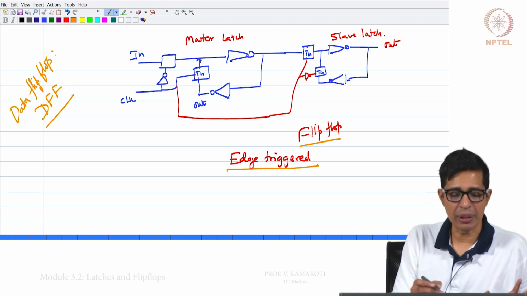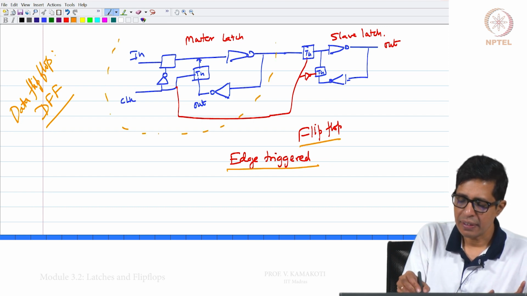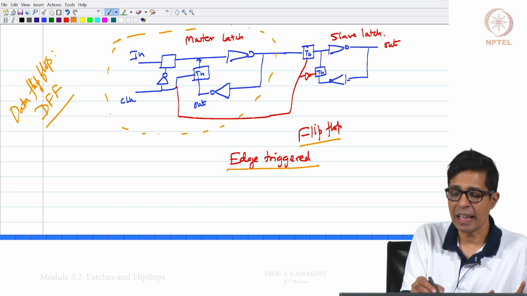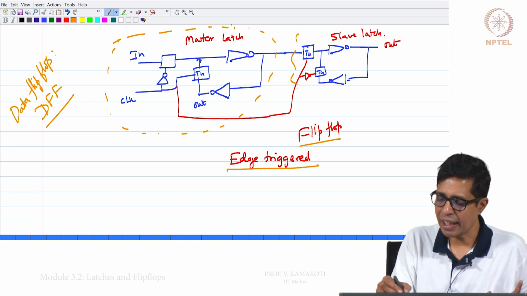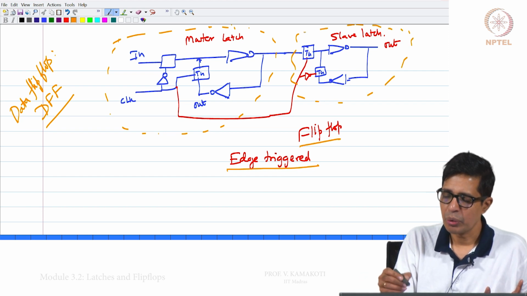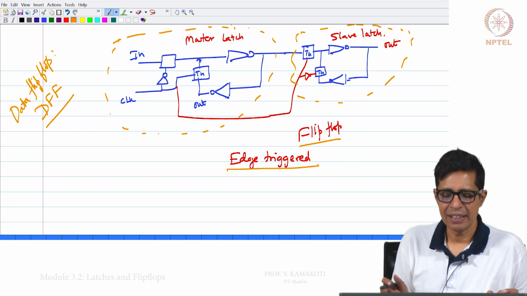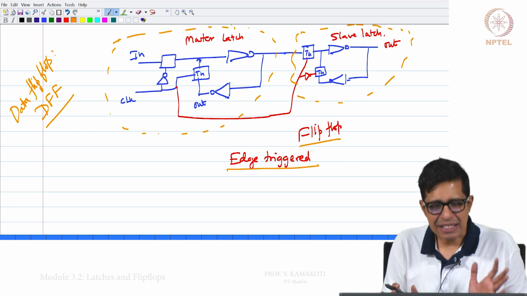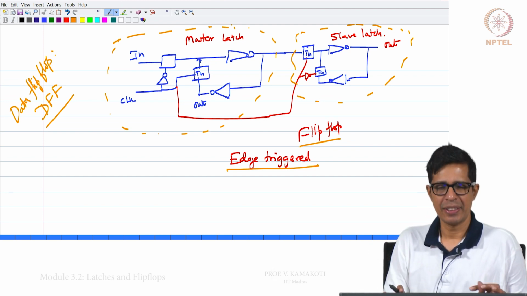If you carefully look at this, there is one latch, the latch that we have seen in the previous slide, and there is another latch. One latch is feeding another latch. The left one is called the master latch, while the right one is called the slave latch.